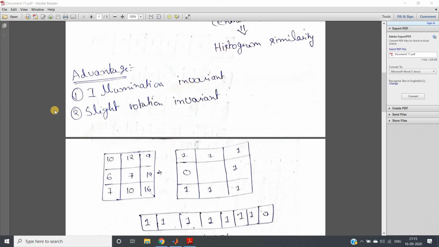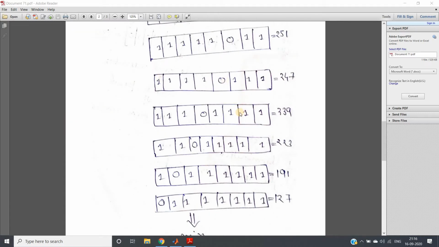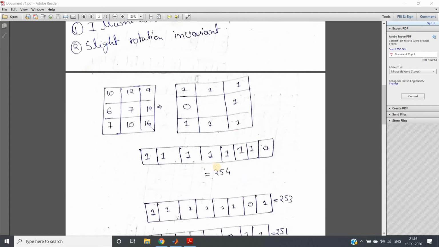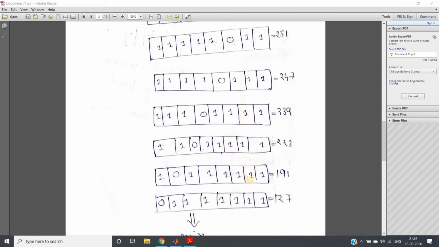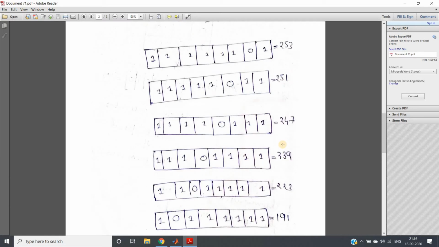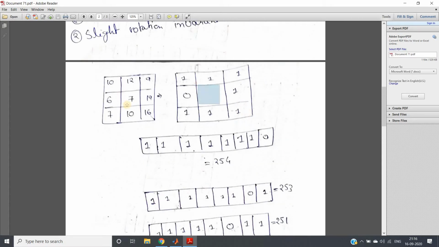We have seen two major advantages of LBP features: it is illumination invariant, and it is also slightly rotation invariant. We showed how it becomes slightly rotation invariant. If we take the minimum of the decimal value after all possible circular shifts and place that minimum decimal value in the central part of the window, it will be rotation invariant.